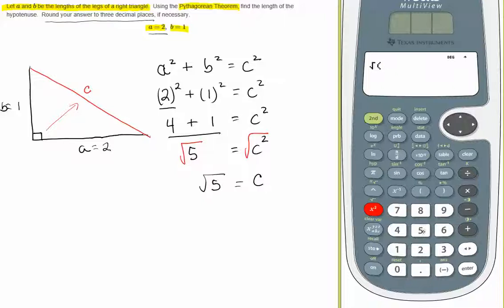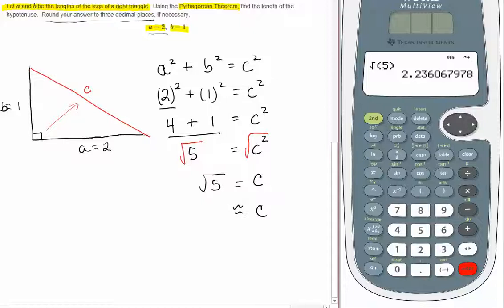I want the square root of 5. It's always a good idea to put the closing parenthesis on. That first one's called the opening parenthesis, and we're going to put the closing one on before I hit the enter key. And so there it is as a decimal. It says to round to 3 places. So we would say that C is approximately, since we're rounding here, I'll put a squiggly equal sign,